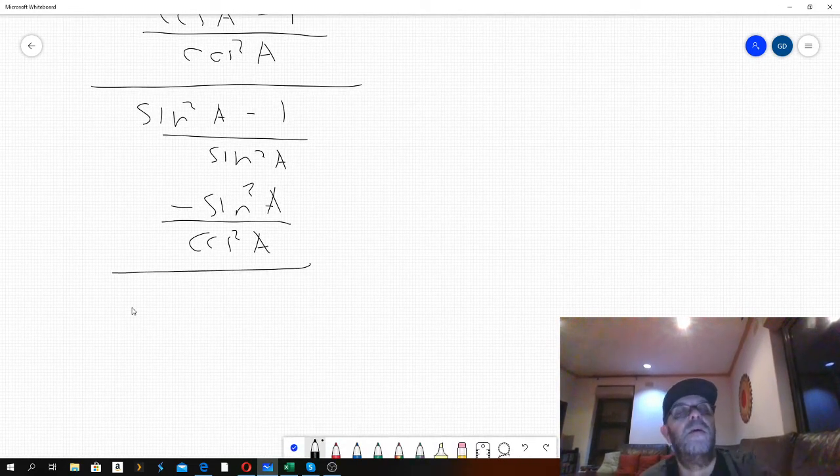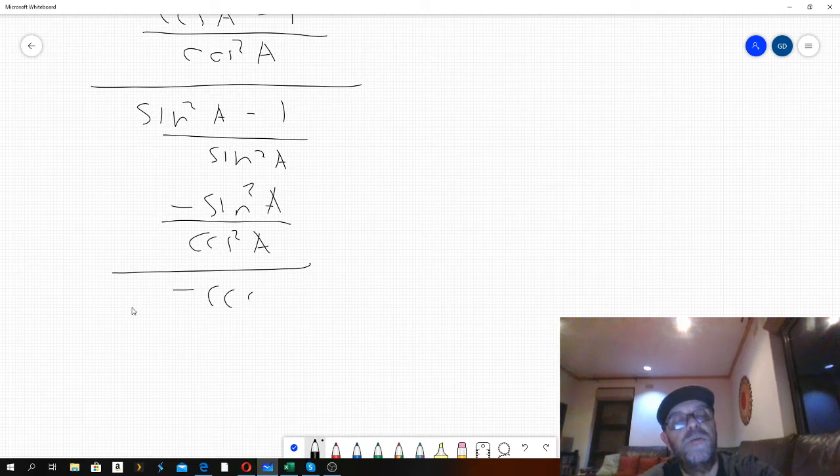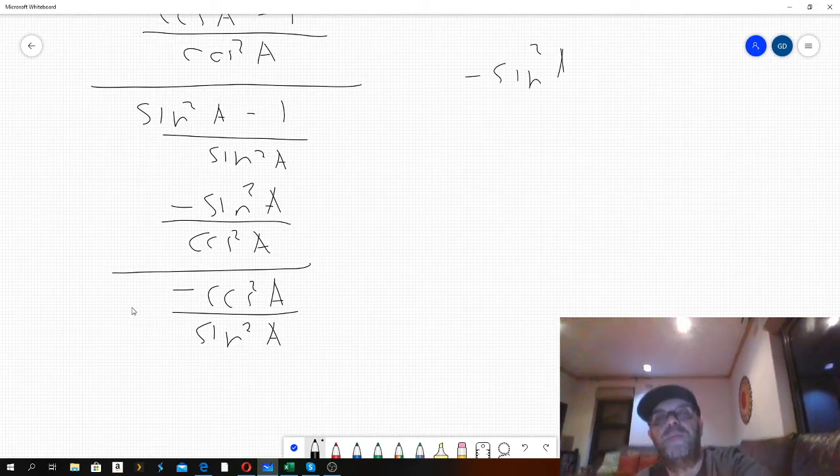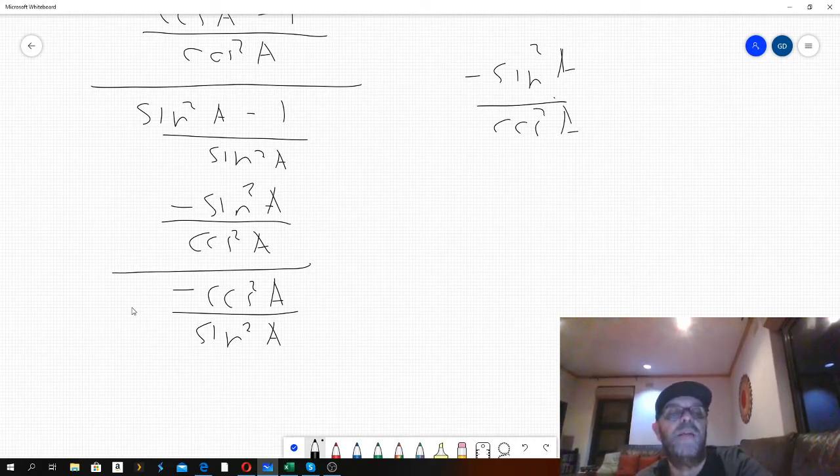And here we'll say that sine squared minus 1 is the same as, if we replace sine squared plus cos squared is equal to 1, we can write sine squared minus 1 is equal to minus cos squared if we rearrange. So minus cos squared over sine squared. But now we've got fractions over fractions, so I'm going to rewrite this up here, and we're going to say that we've got minus sine squared over cos squared, and we'll divide by that, so we'll multiply by the inverse,